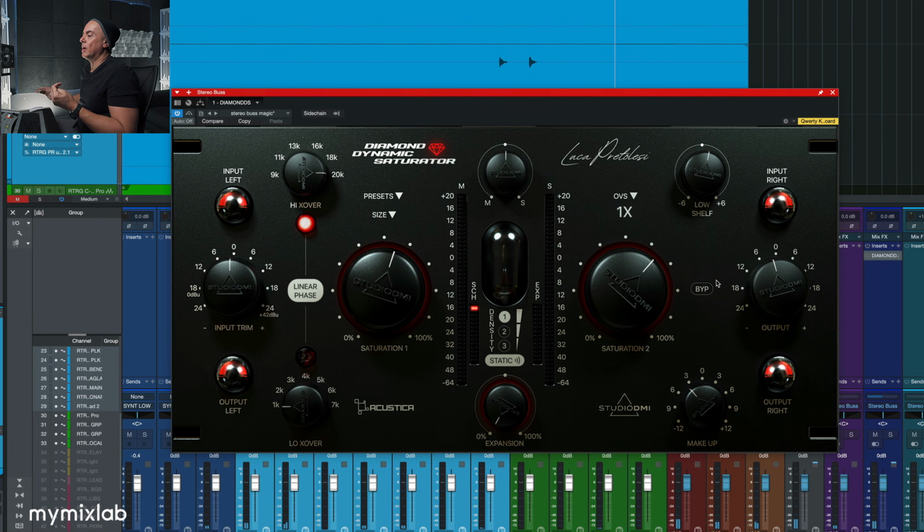It's interesting how all the mid-range feels more in front just because we are creating essentially new harmonics. They're not existing on the original track. So very effective to do that. Now, part of the dynamic saturation approach is to be flexible, to be used on individual stems, buses, stereo bus,